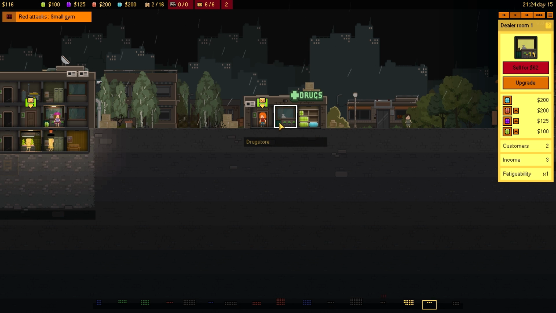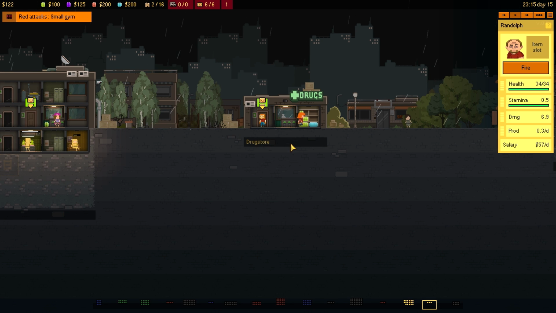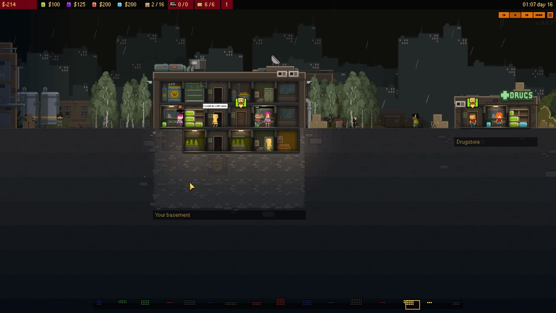All right, so how do I... Can I do anything with all this weed over here? Can I assign them to sell? Oh, I can. Hell yeah. So you just stand over here and do your thing, man. Let's make a little bit of money. Oh, the empire is